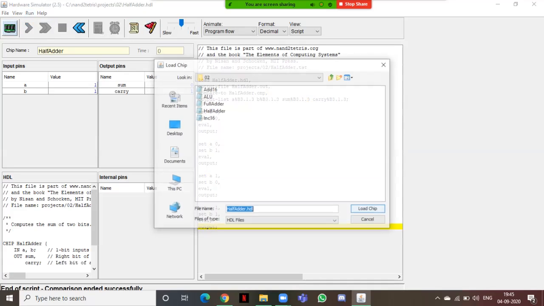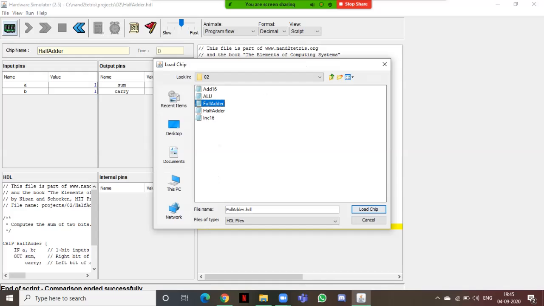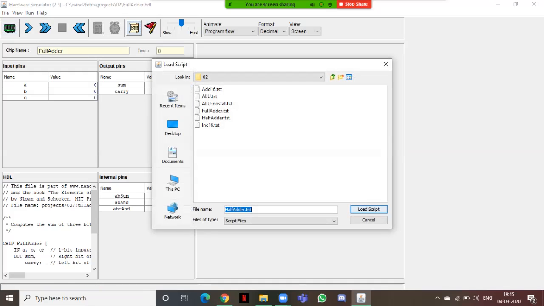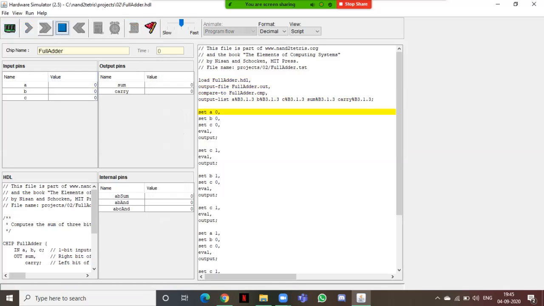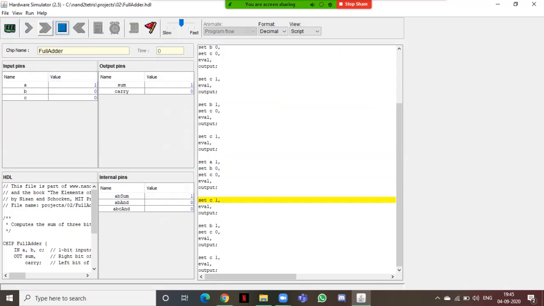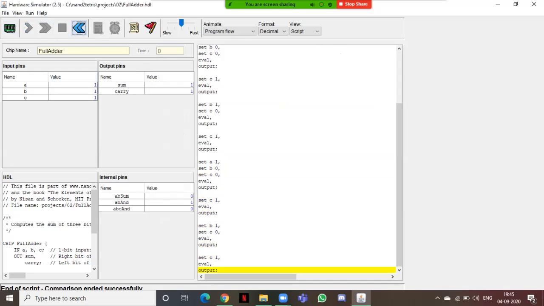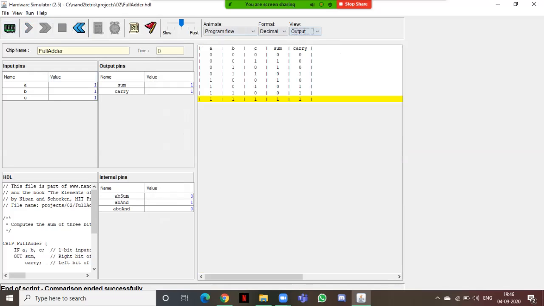Again, we'll do this for the full adder now. I'll execute my code. I'll get you the output. Oh my god, I forgot to show you the half adder output. No problem, we'll do it again.